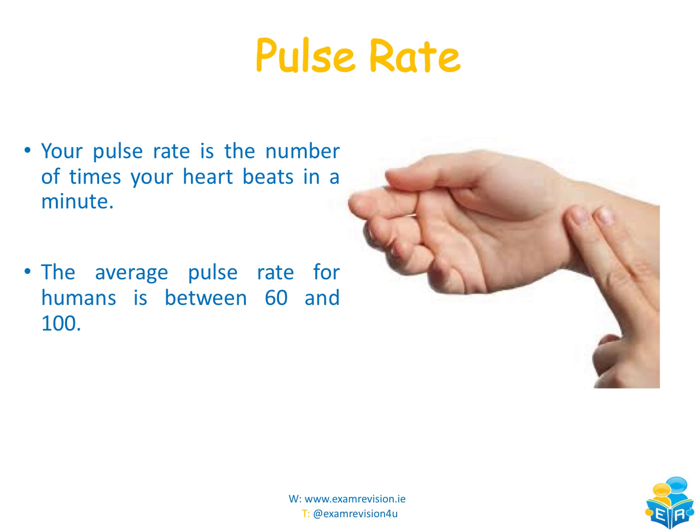Now finally for today, we're going to have a look at the idea of pulse rate. So your pulse rate is the number of times your heart beats in a minute. The average pulse rate for humans is between 60 and 100, and that changes depending on different animals that you might look at. So in general, it's not a rule, but you might find for the most part, the larger the animal, the lower the pulse rate is going to be, the smaller the animal, the higher the pulse rate